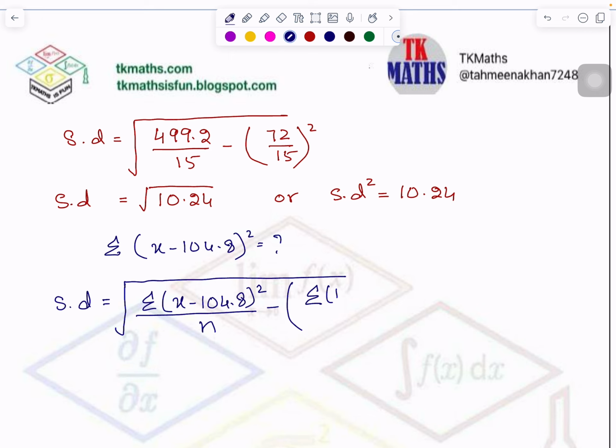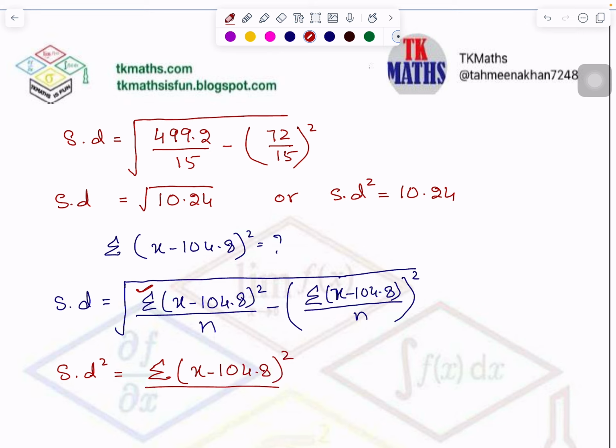Now standard deviation, I will square both sides. What is the reason for squaring? Because we have to take out the value of this term. So I'm squaring both sides. So standard deviation square is equal to sigma (x minus 104.8) square divided by 15